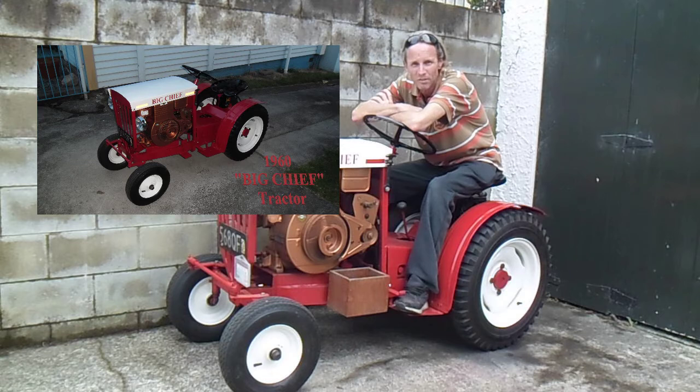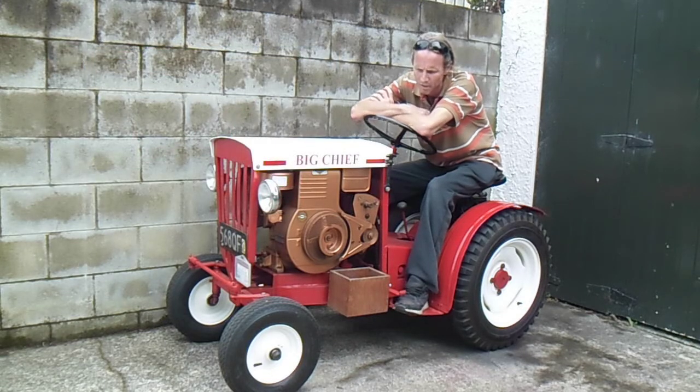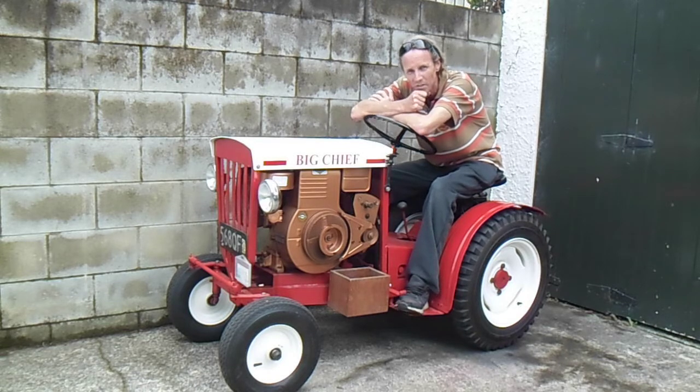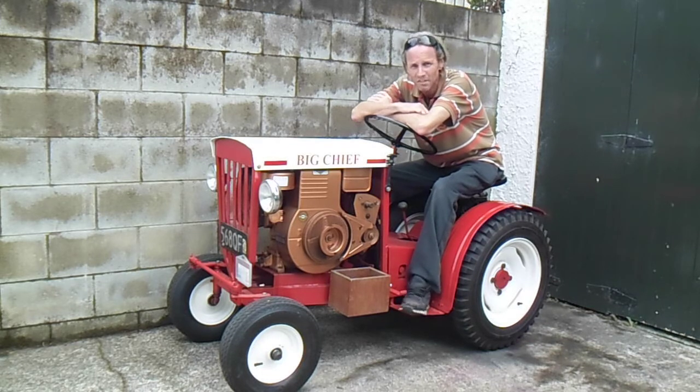There's a few fun facts and little bits and pieces about the dates and the stuff that I've done in actually restoring this to the state you see it in now. So that was done coming up 8 years ago now, 2013 I finished it. Excuse the traffic noise, I live on a main road, so I'll wait for cars to go past and try and avoid that. But yeah, so 1960s built, 6 of these were built in Masterton in New Zealand in